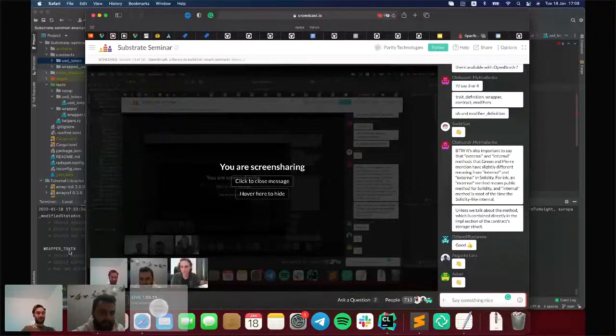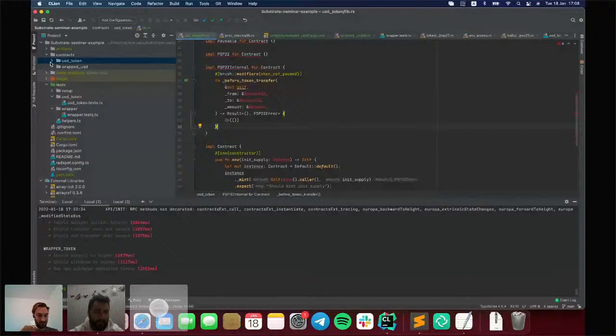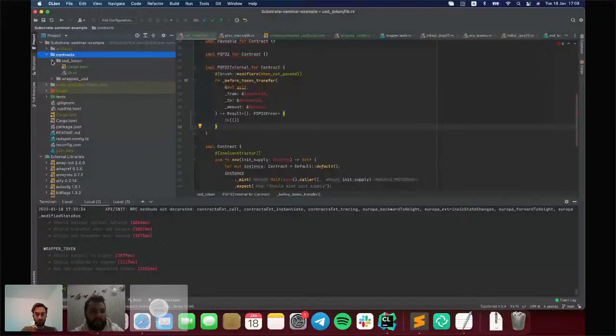So the idea of the next structure is that the implementation of our contracts is defined on trait level instead of contract level. So let's create a new folder.